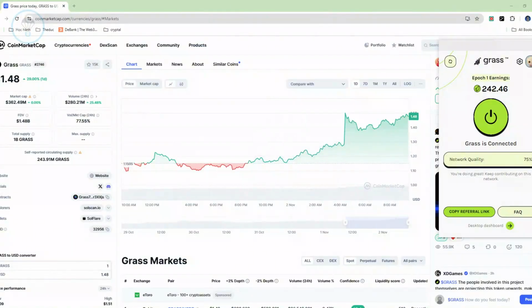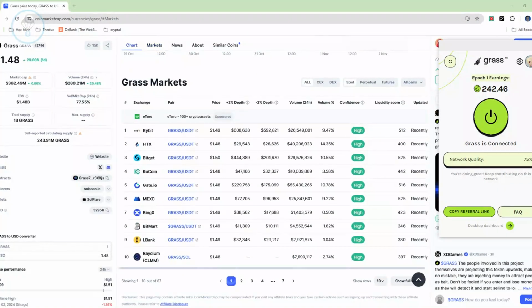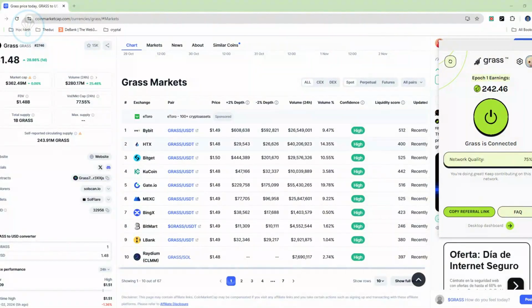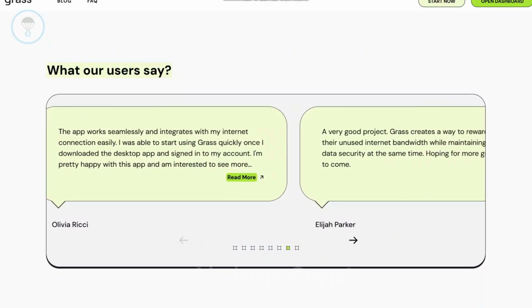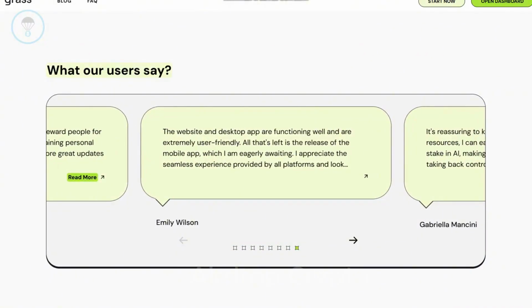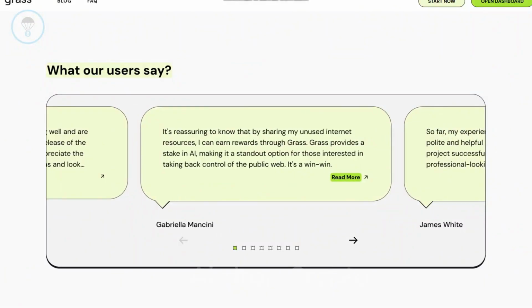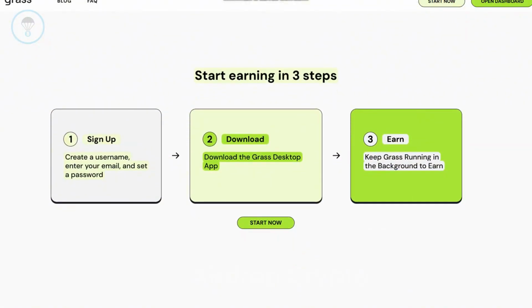For those who are not familiar with this project, let's go over the main components of Grass. And at the end of the video, we'll provide instructions on how to join Grass Session 2 for new members. What is Grass? Grass is a decentralized web scraping protocol that leverages blockchain technology to create a sustainable data collection model. Grass incentivizes users to contribute their internet resources to the network of web scrapers in the protocol by offering rewards as a form of passive income.